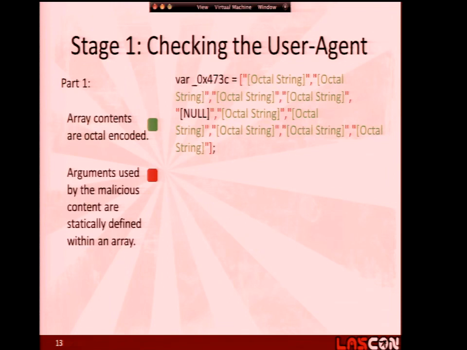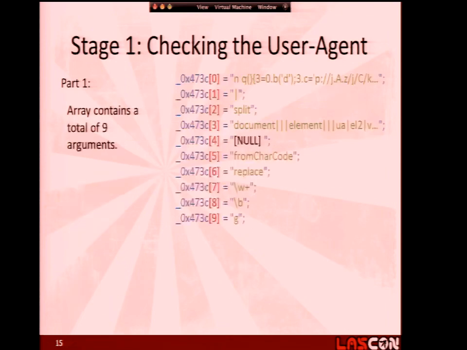Octal strings, all wrapped within an array. There's a null entry in there. Don't worry about that guy. And then the array is all assigned to one variable, and everything's fine. It moves on. I just do a quick index of this. This is the deobfuscated content, or the de-encoded content, I should say. The only two indexes of this array that matter are,